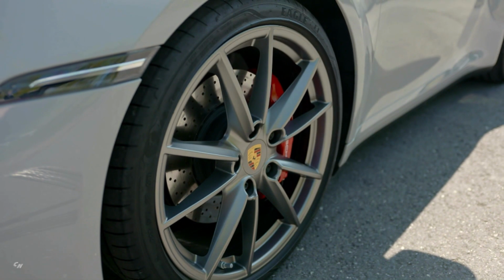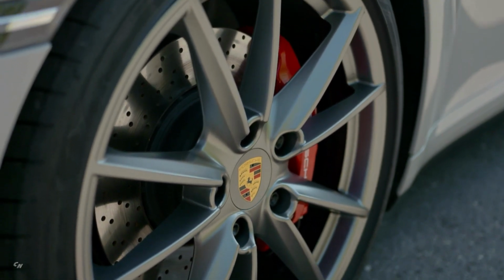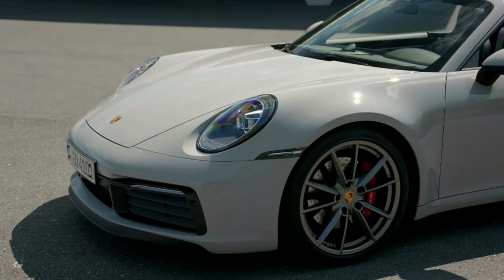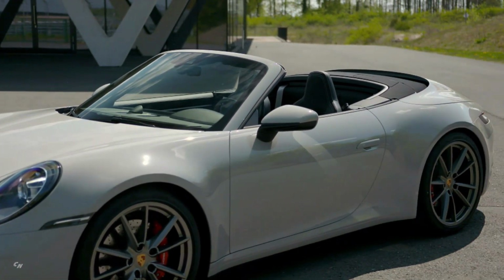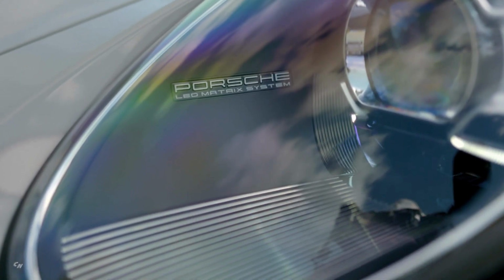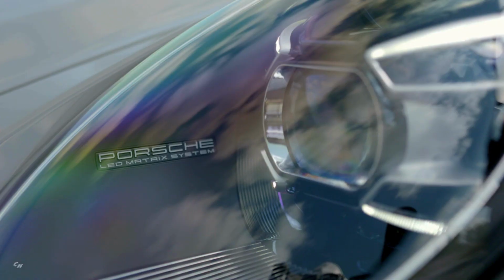The rear-wheel drive 911 Carrera S Cabriolet now shares the body with the all-wheel drive model, which is 44 mm wider at the rear than the previous rear-wheel drive S model and 45 mm wider at the front axle than before. Between the new LED headlights, a front luggage compartment lid with a pronounced recess evokes the design of the